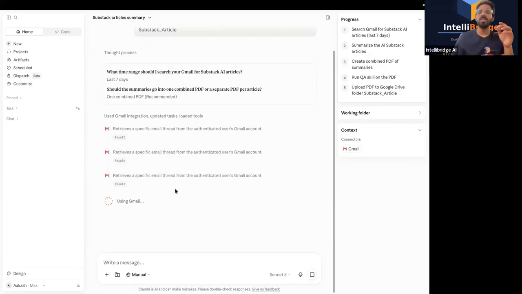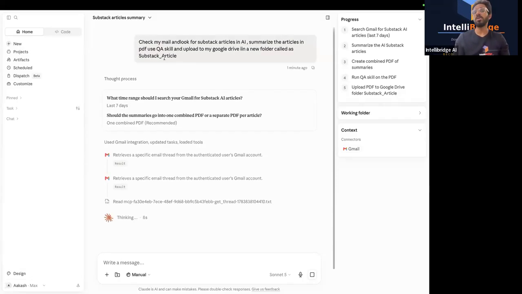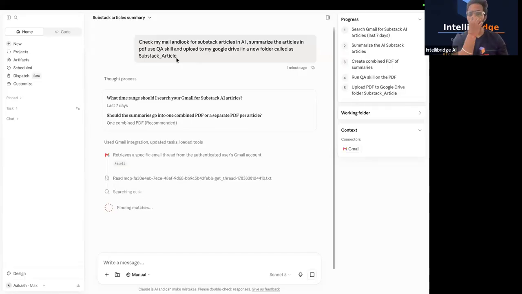So think, all these would have taken a lot of time for us to do. Go to Substack, go to Gmail, open, click Substack, read through all the articles, and then summarize them, copy those articles, summarize, create a PDF, then upload it into Google Drive. And not only this, further, all these Substack articles, I'll edit this again and tell it